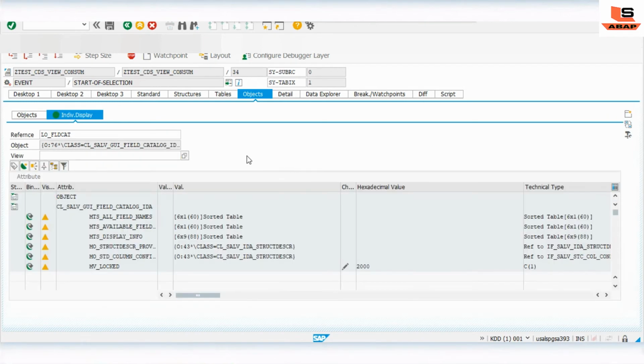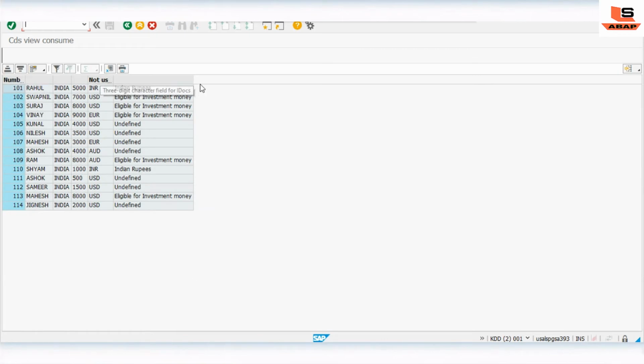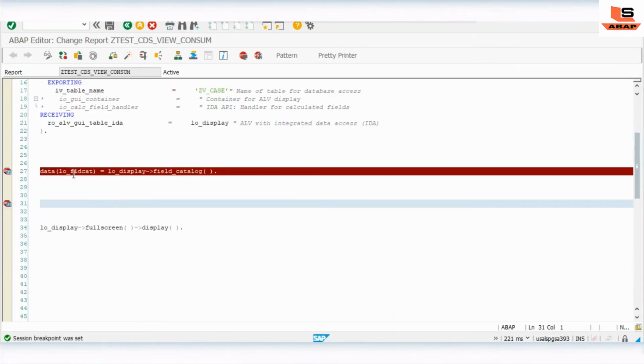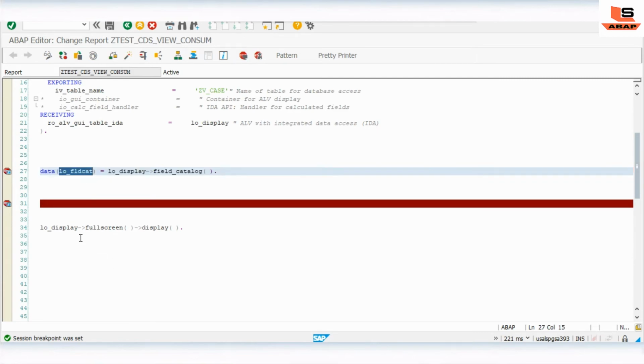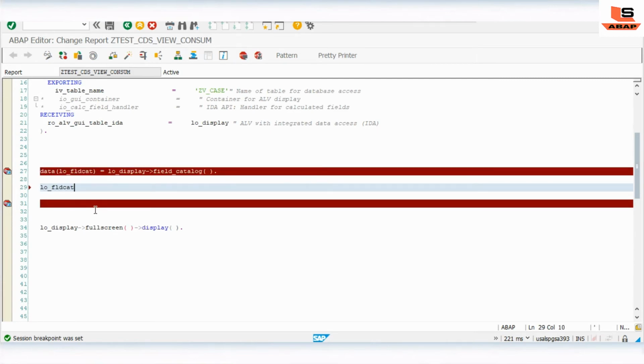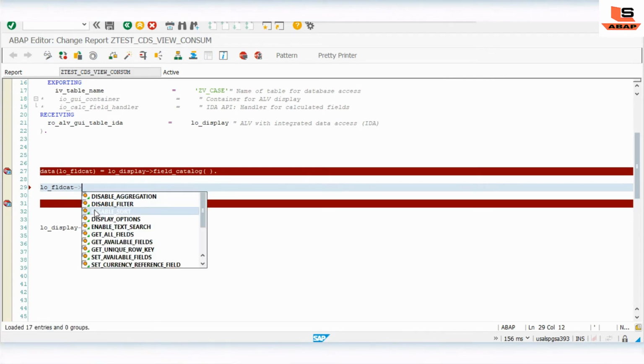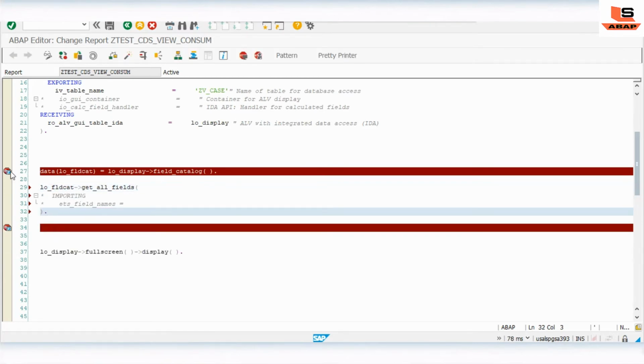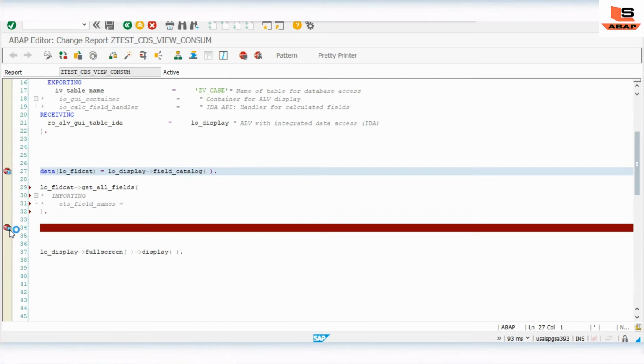Let me execute this once. Okay, so still we don't have any name. Let me go to the program. Here I will read this table, in which we have these six fields. We will call the method get all fields. Control space, and let me remove the debugger, it's not looking good.